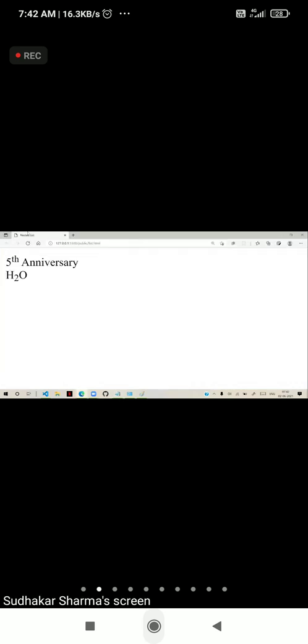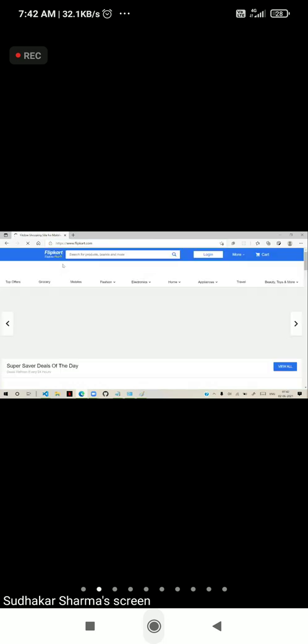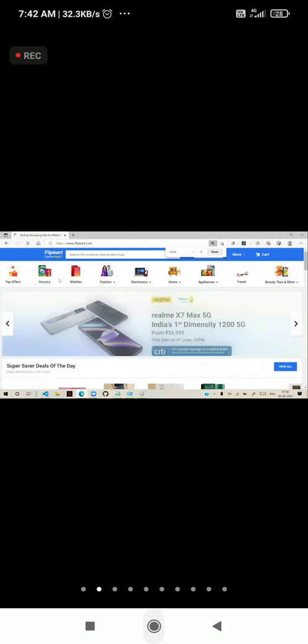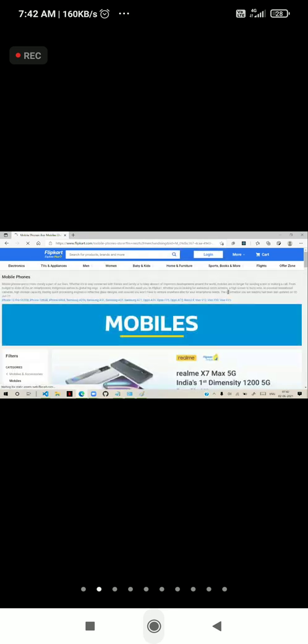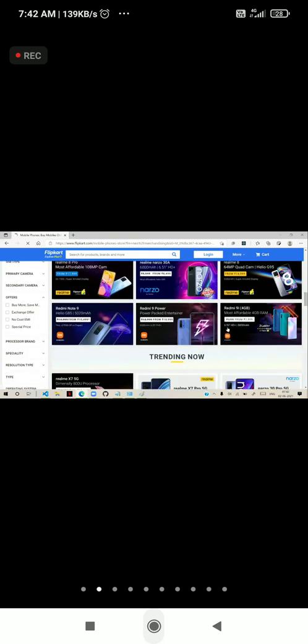For example, suppose you open Flipkart. In this Flipkart, I go to the mobiles category. In the mobiles category, I click on any specific mobile, and you get some information about this mobile.